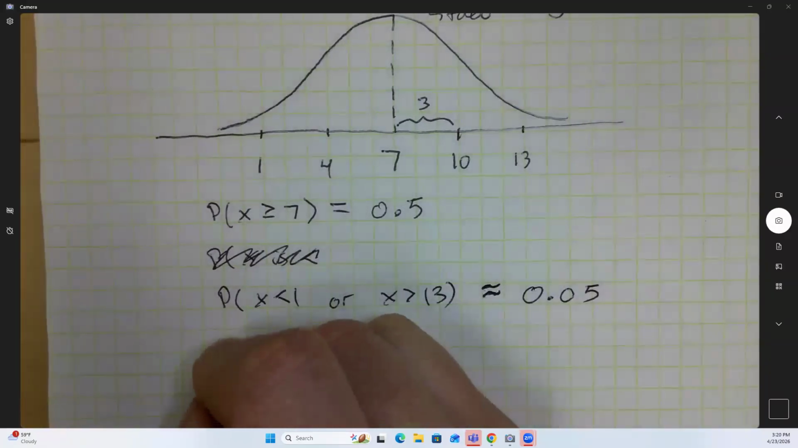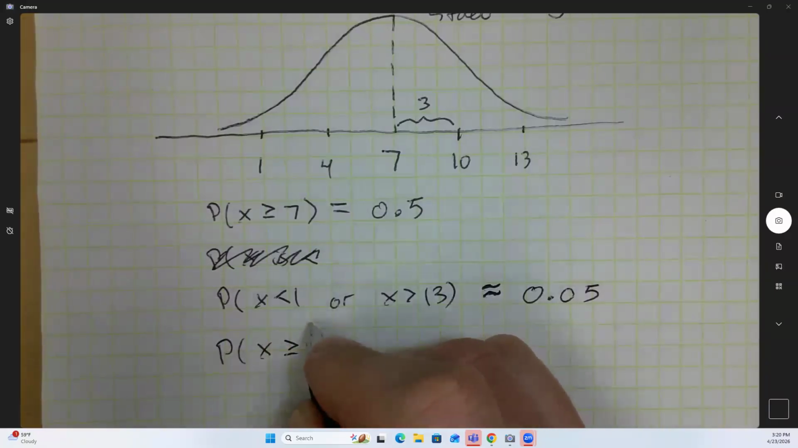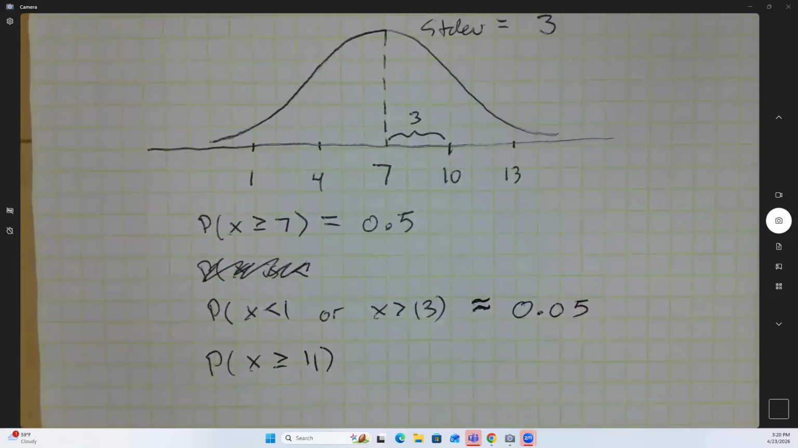Okay. How about the probability that x is greater than or equal to 11? That's not very easy to tell from a picture, right? The picture gives us more detail than just the summary statistics, but it's hard to get an exact value. So instead, what you can do is, let me find my,